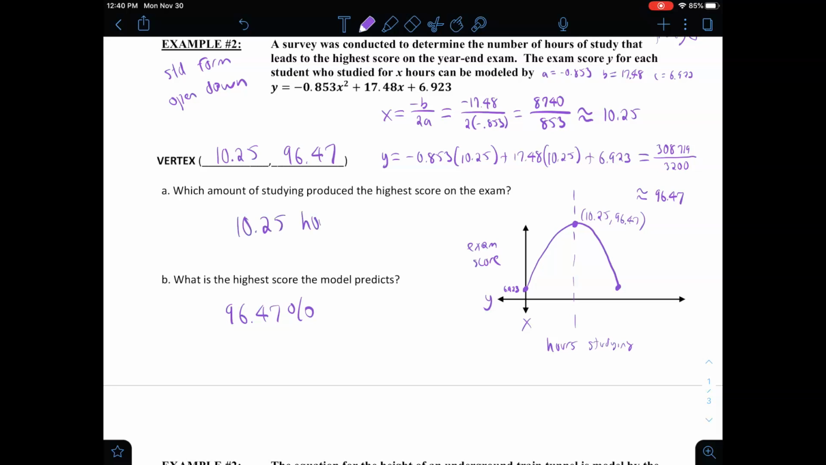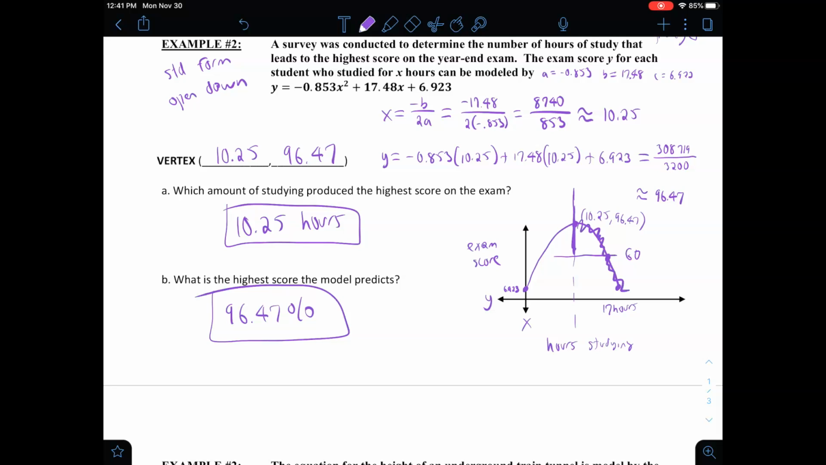10.25 hours. Now, does this parabola make sense? So if you study, for example, say this is like 17 hours, does it make sense you're going to get down to like 60% if you study 17 hours? For this one, the parabola probably makes sense to stop right here and not include the rest of this stuff,